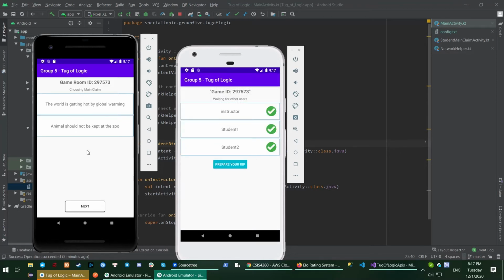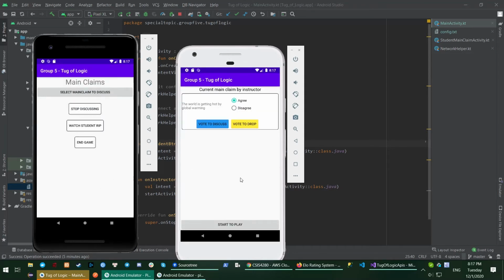Here we are, and here we can choose the main claim to start the game. I choose this one, and we can choose multiple main claims, but this time I just choose one. And now the student will be taken to